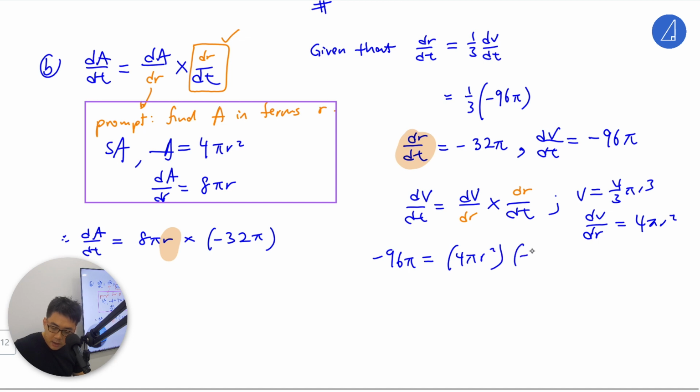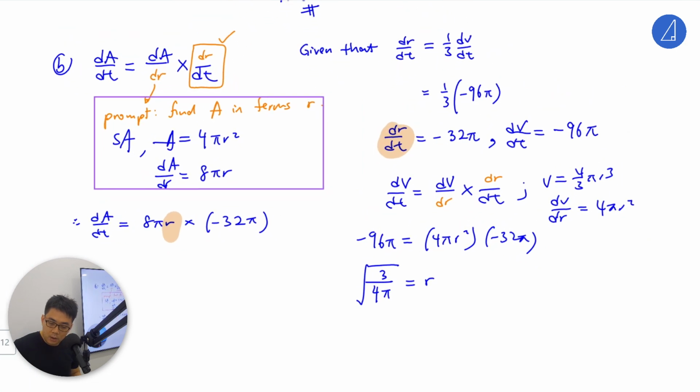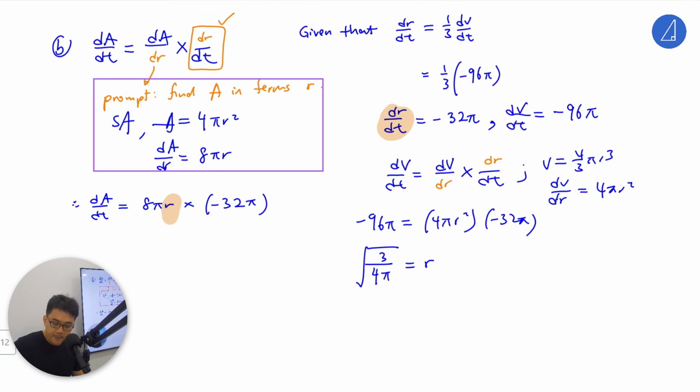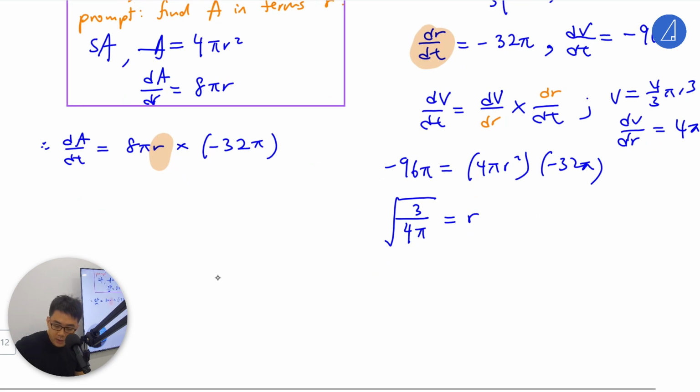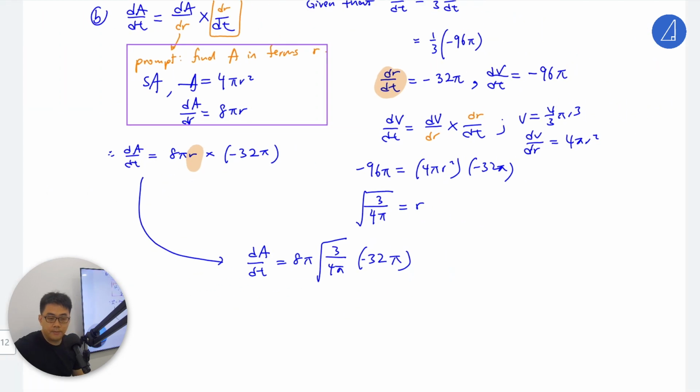Then dr/dt is negative 32 pi. This is it. So this is your r. There's a boundary condition. So essentially, dA/dt is the decreasing rate. Working with the calculator, this will be